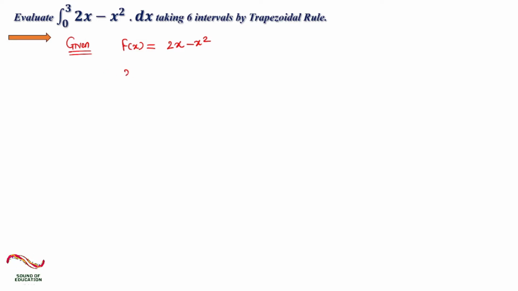The lower limit is denoted by x0, which is given in the numerical, that is 0. So x0 is equal to 0. Similarly, xn, the upper limit, is also given in the numerical, that is 3. So write down 3, and taking 6 intervals, n is also given in the numerical. So 6 intervals are given and we have to calculate the area under the curve by using